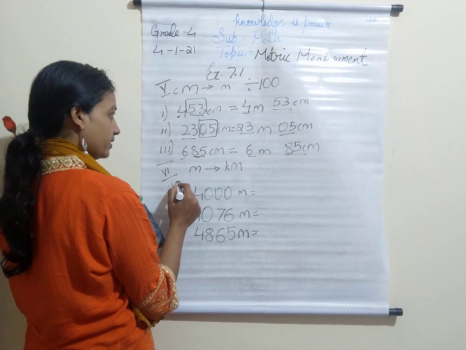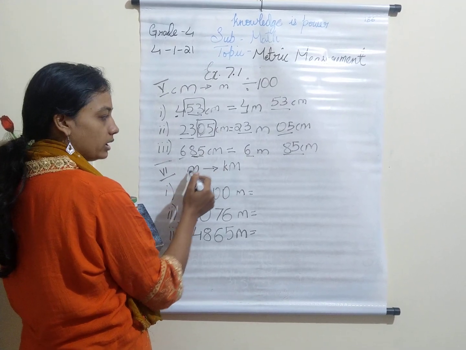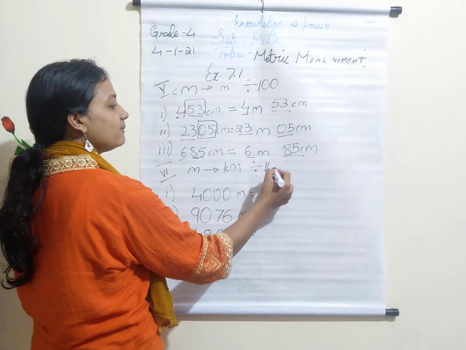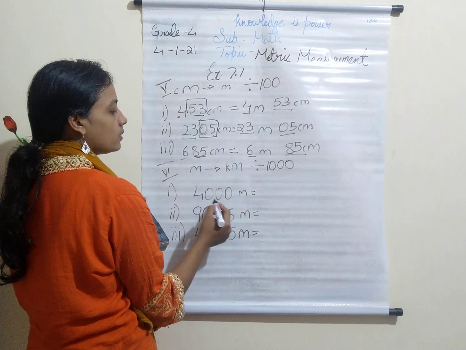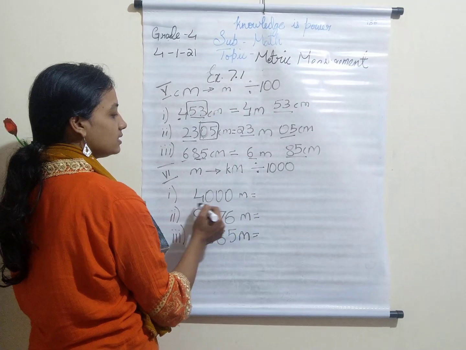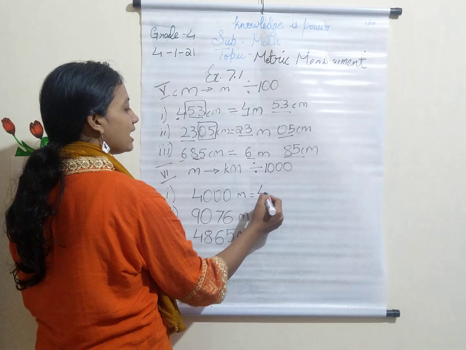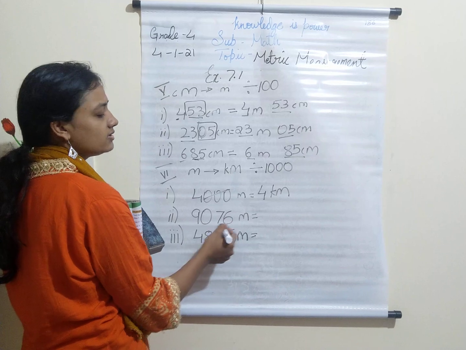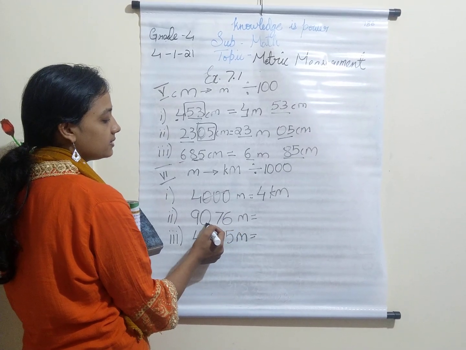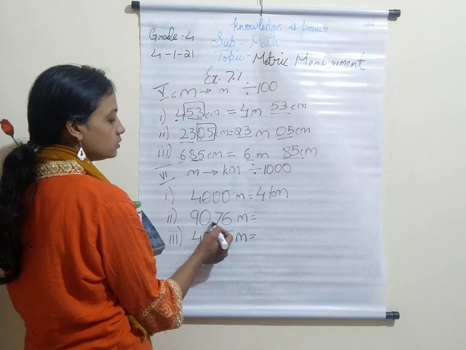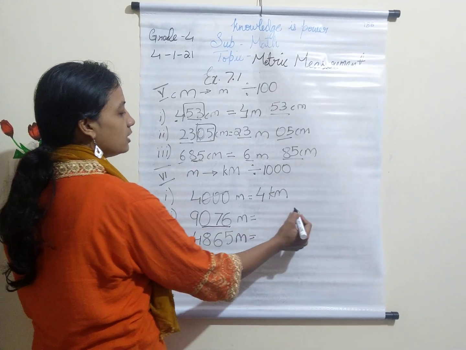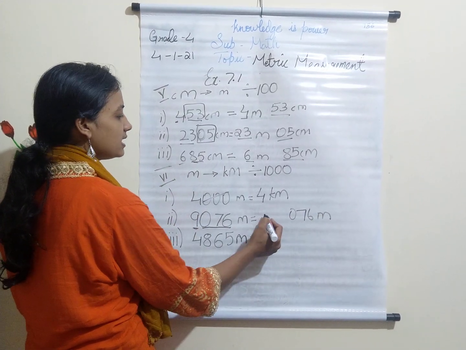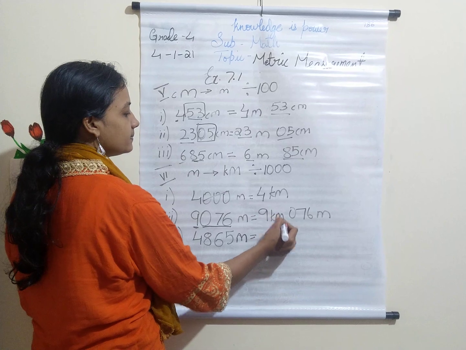Now come to this sixth main. Here again it is from small to big. So division, it is meters and kilometers. So divided by 1000. So when you divide it by 1000, 3 zeros get cancelled. So you will have only 4 kilometer. So you don't have zeros to cancel here. So you will count 3 numbers from the right side. 1, 2, 3. So these 3 numbers will be written as they are for meters. Only 9 will be converted to kilometer.